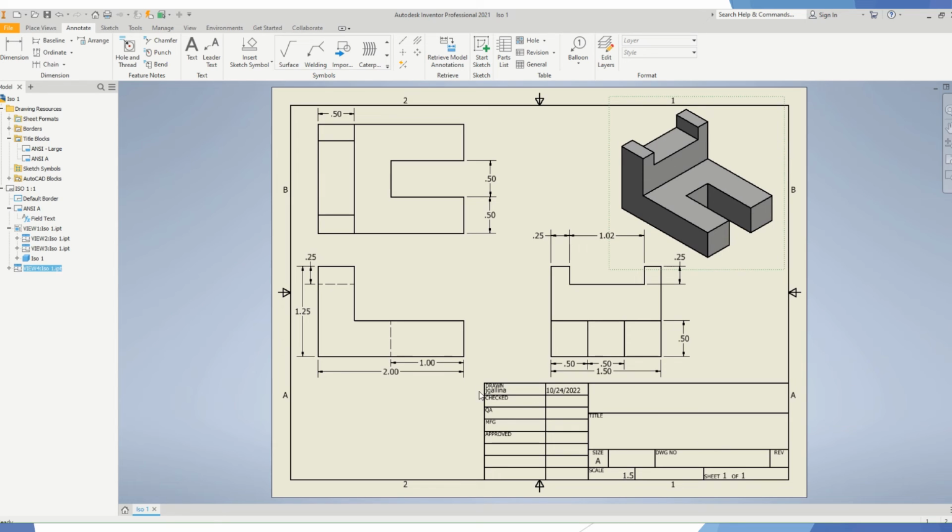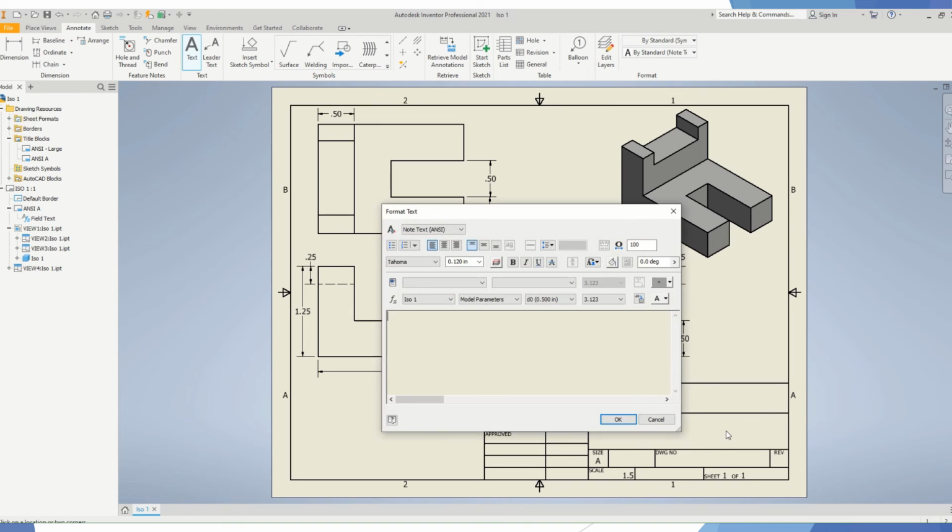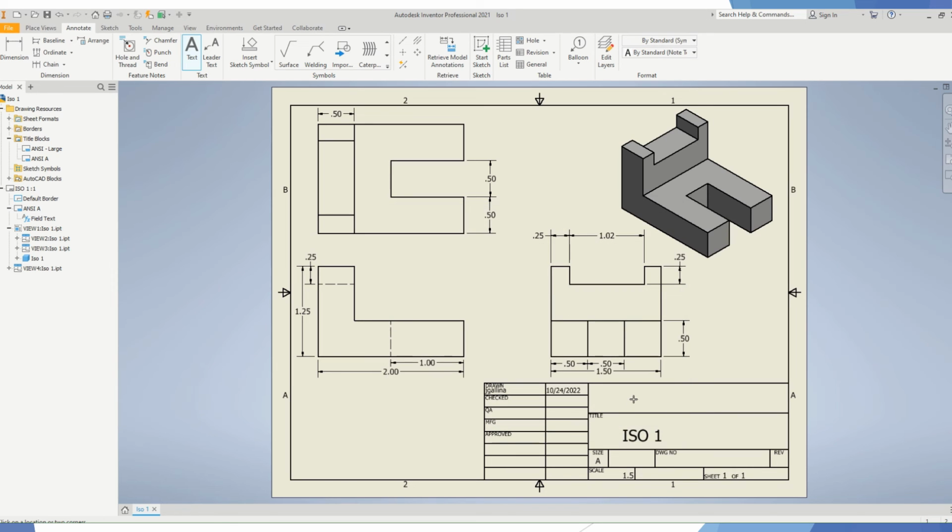Alright, so let's finish this off by annotating the title block here. So in the Annotate tab, you're going to go to Text. You're going to click in the title box. You're going to click what the drawing is. And in this case, it's ISO 1 we've all created. I'm not going to make it the default text because it's really small. So I'm going to make it 0.240. And then my name's going to be here,